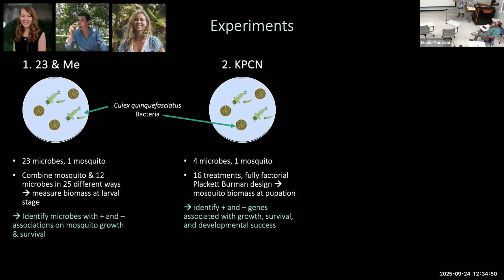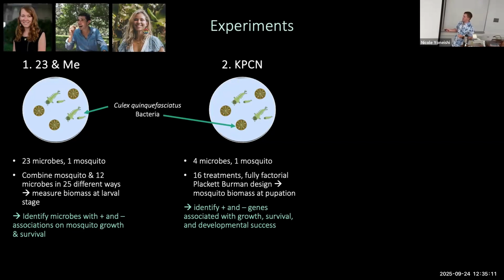And then how the presence of these microbes and genes impacts energy transfer up the food web. A lot of this work was run before I came by Dr. Nicola Kriefall and Iker Iturralde, who's been running the experiments, as well as Fabi Zamora, who's also in our lab. The first two experiments that we ran, the first one is called 23andMe. It's because we had 23 microbes and one mosquito, or me.